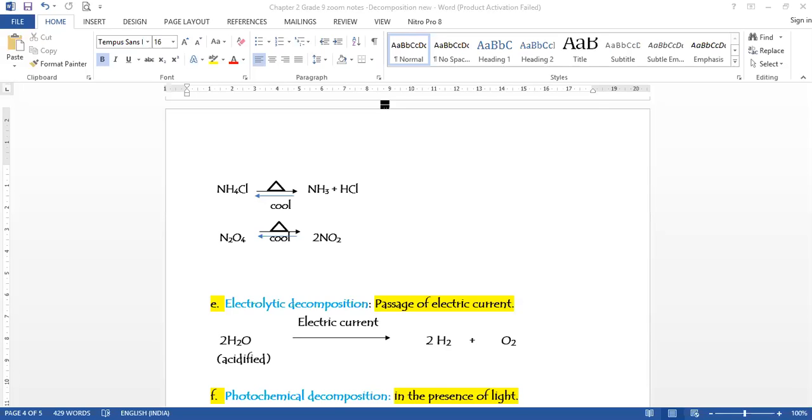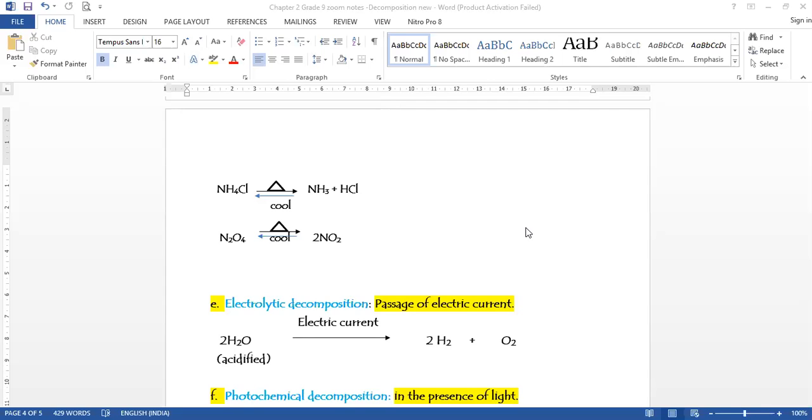Yes, Malay. Decomposition of water is both a thermal dissociation and an electrolytic decomposition, right? Yeah. But thermal dissociation is actually quite difficult, because we have to heat it to a very high temperature to do that. That is not possible. And sir, is the thermal dissociation of water reversible? Yeah, it is. Okay. Thank you.